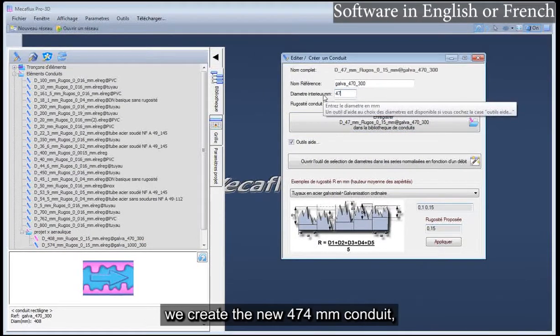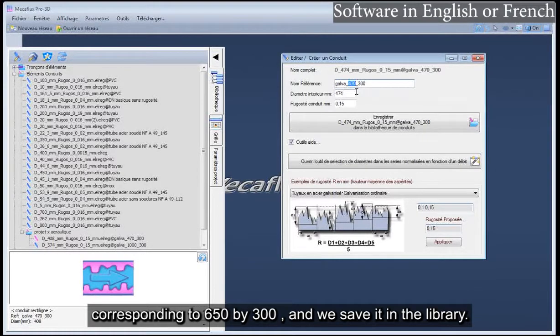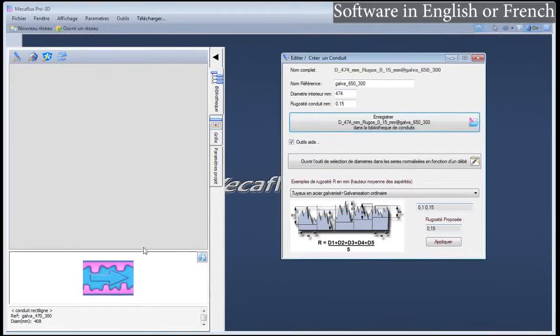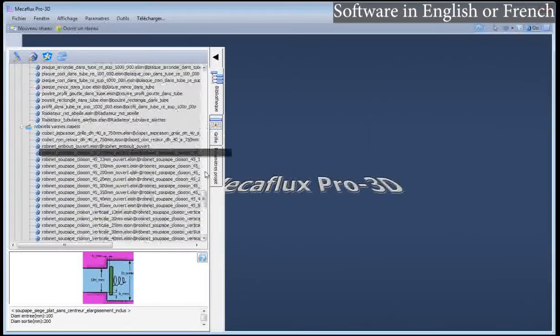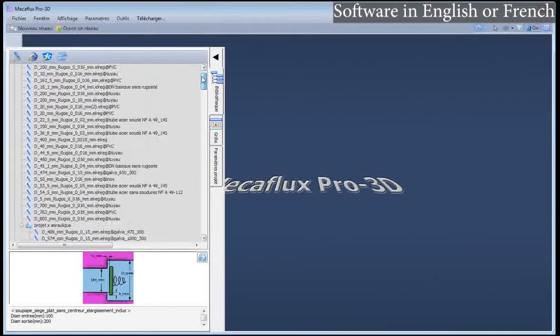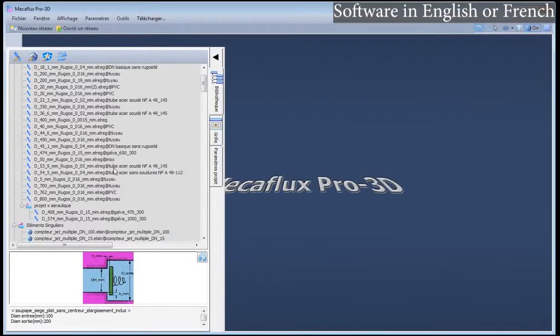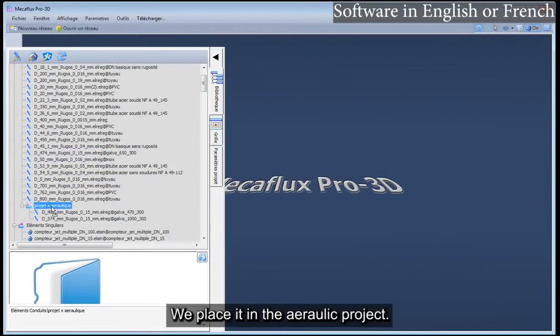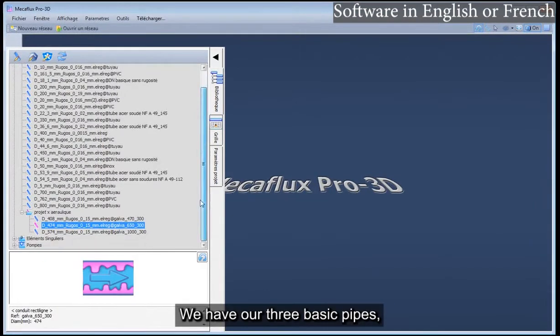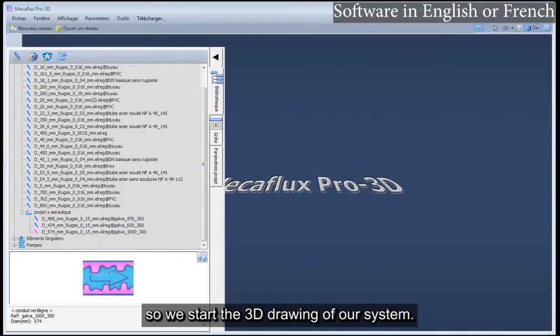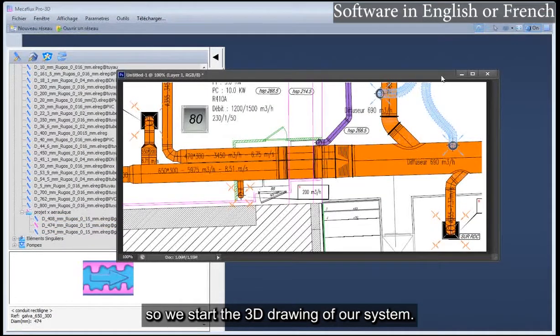We create the new 474 millimeters conduit, corresponding to 650 by 300, and we save it in the library. We place it in the Aeraulic project. We have our 3 basic pipes, so we start the 3D drawing of our system.